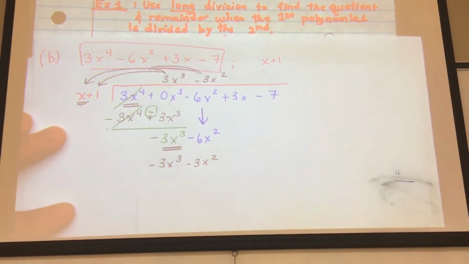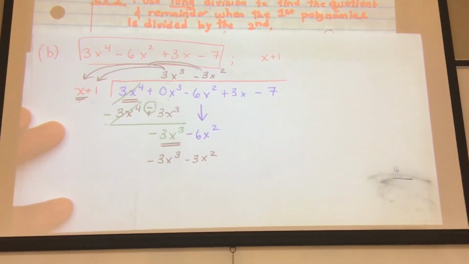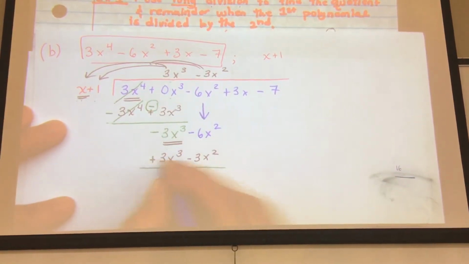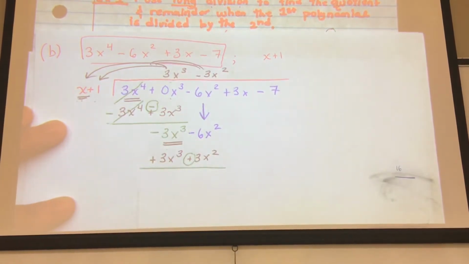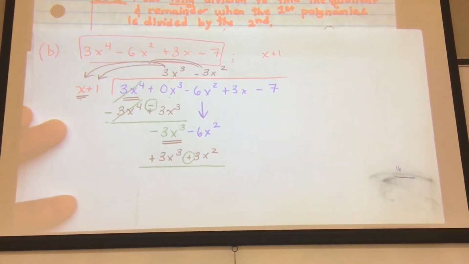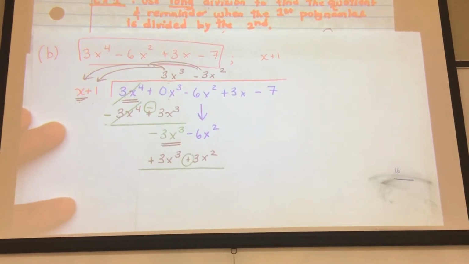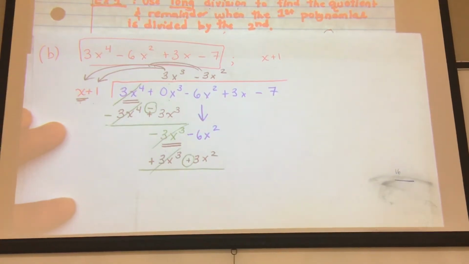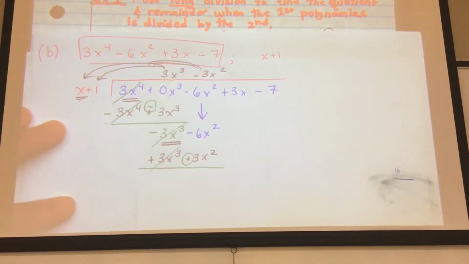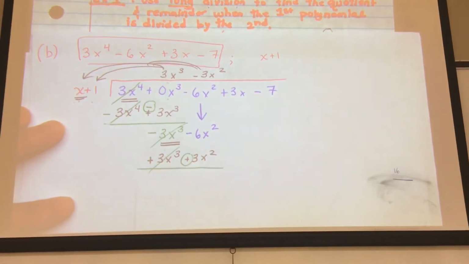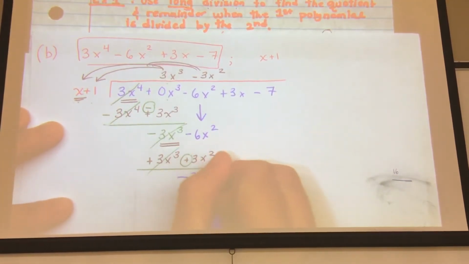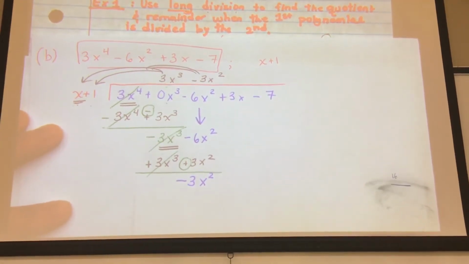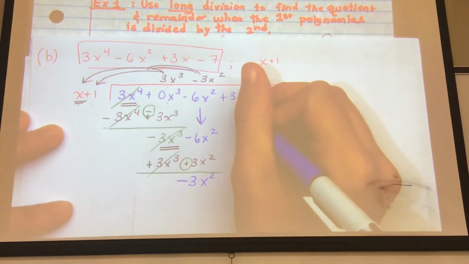Again, I have to watch my signs very carefully here. The next step of subtraction requires drawing my line, but changing my signs. This becomes positive, this becomes positive. So watch those signs. If I did it right, these should cancel. Death to you, death to you. Negative 6x squared, positive 3x squared produces negative 3x squared. If you had the wrong sign, you would have had negative 9x squared there, and totally wrong problem. Okay. Bring down your next term